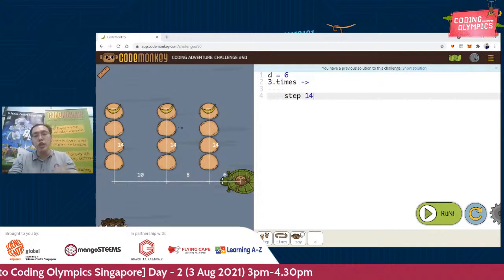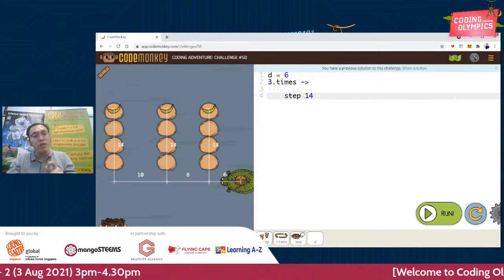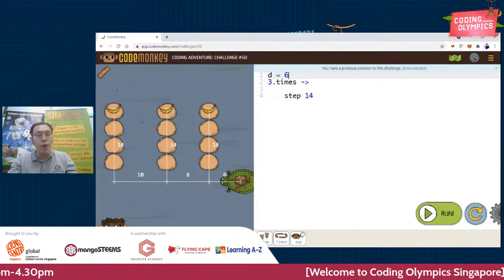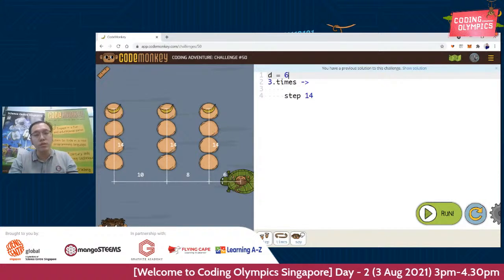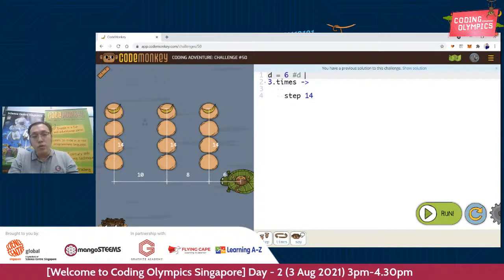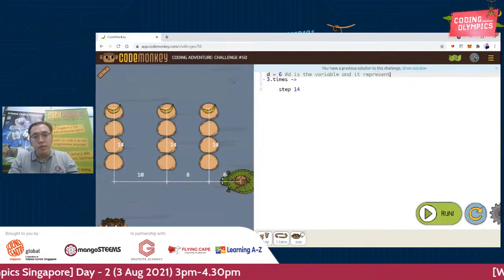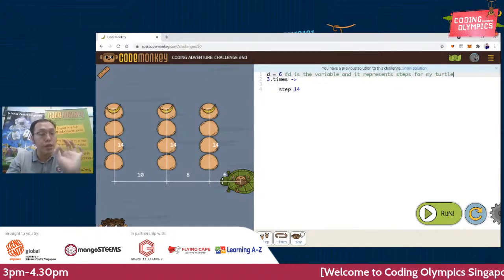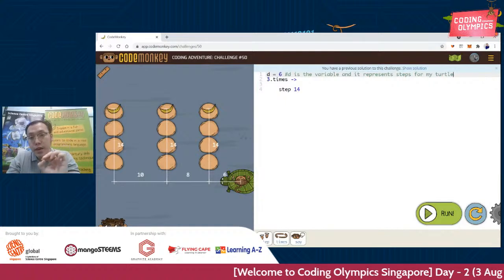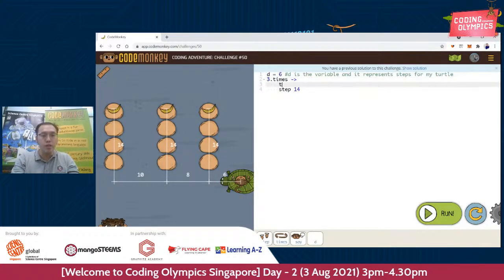Challenge 50 is the last challenge for today. On 50, this is where it gets tricky. Now, what does 6 represent? So remember, when we look at variables, first thing we do, what does my 6 represent? So D equals 6. D is the variable, and it represents steps for my turtle. That is the trick here. My turtle is moving D steps. Now 3 times. So first thing I got to do is turtle